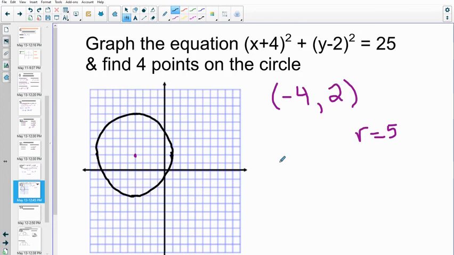So there we go. That's the start of the next chapter, the last chapter, the conic section chapter. We'll be doing more with circles tomorrow, and then moving on to ellipses and hyperbolas